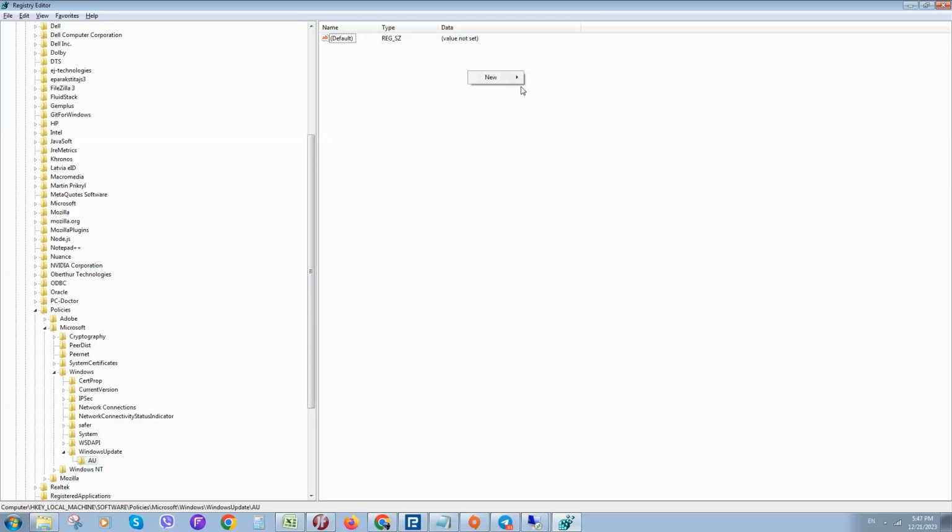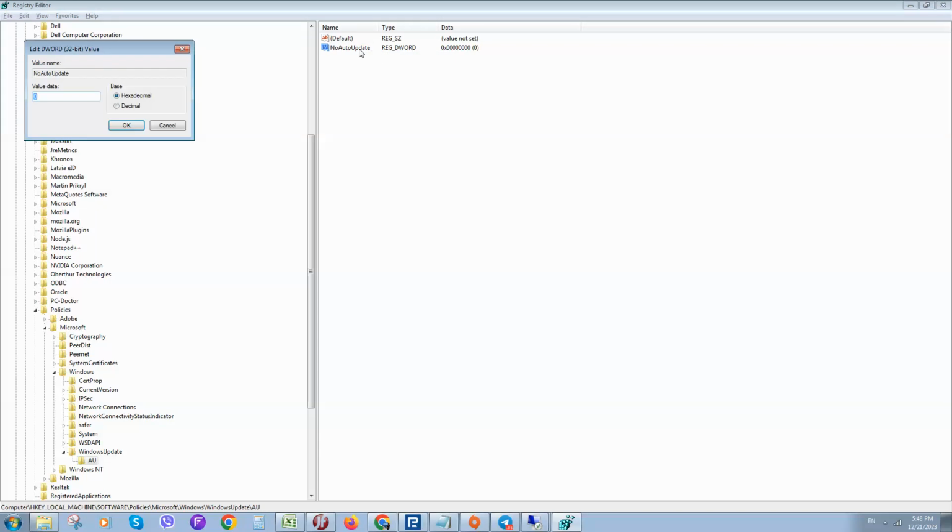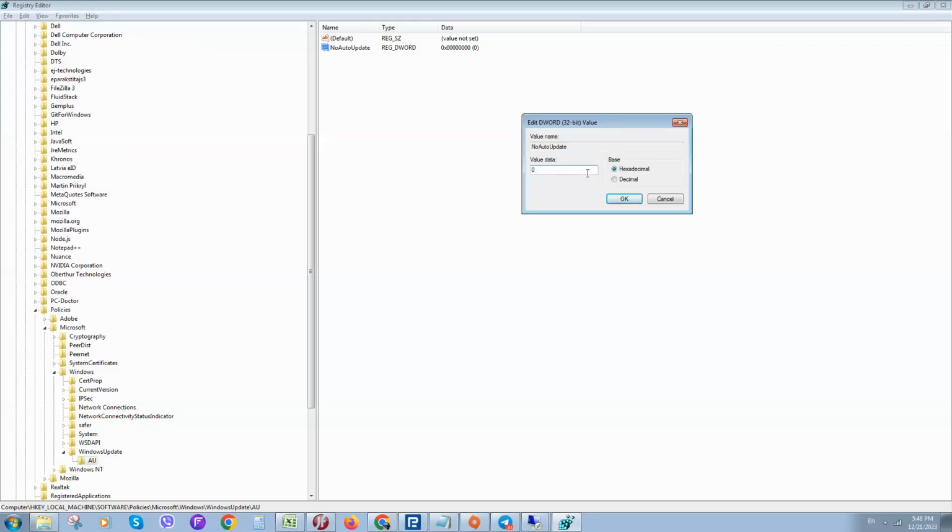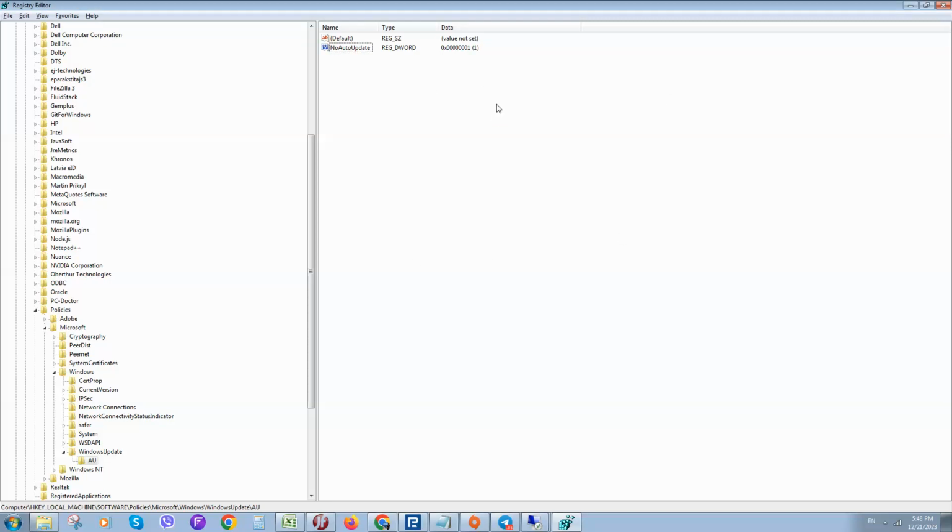Now right click here, New DWORD 32-bit Value. NoAutoUpdate. Hit Enter. Make sure there are no spaces. Okay, and the last step what you need to do is click on Modify on this one and give value 1. Click on OK. So now you have permanently disabled Windows Update on Windows 7, 10, and